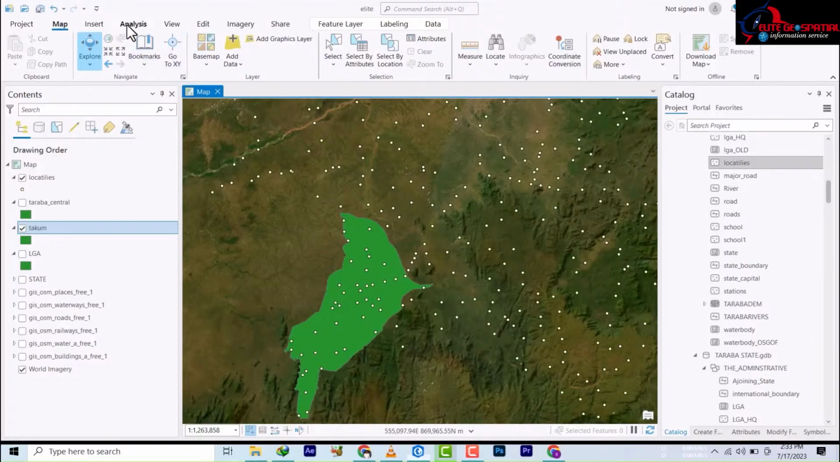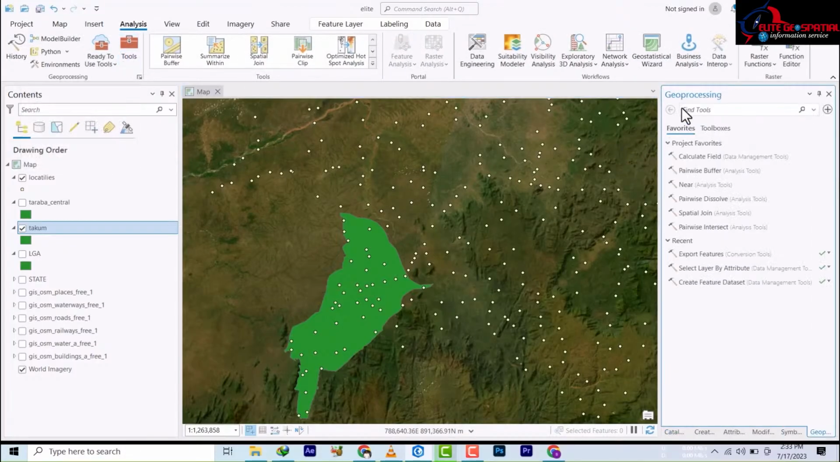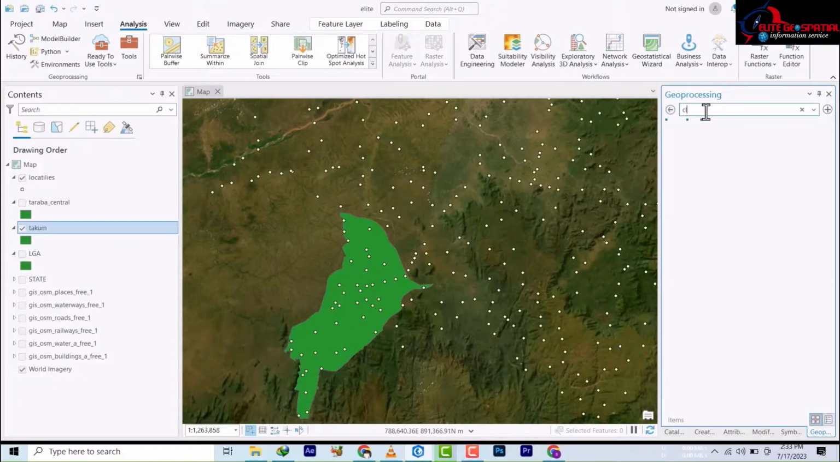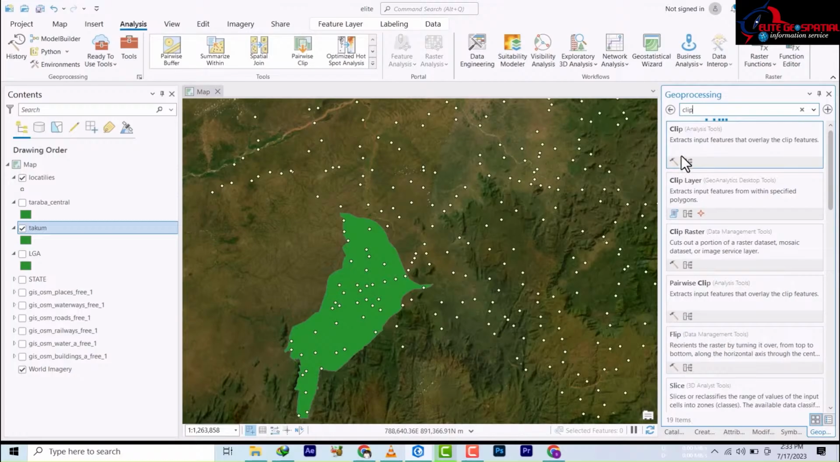So you go to the analysis tab up here, and then you click on the tools. It's going to bring you to the geoprocessing tools. So what we need here, we'll search for the clip, and